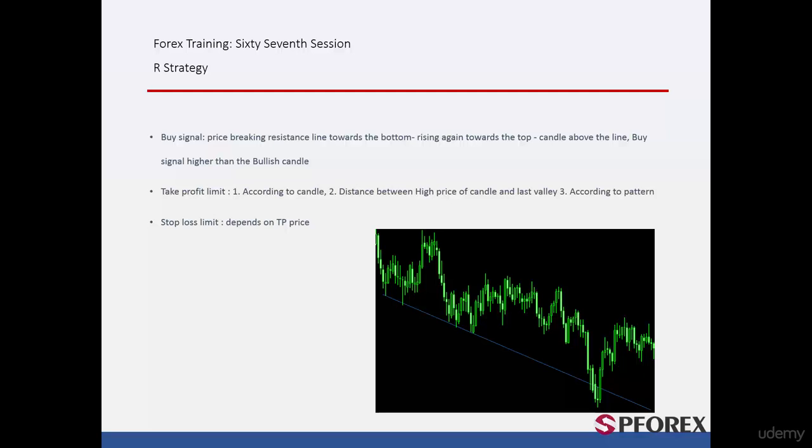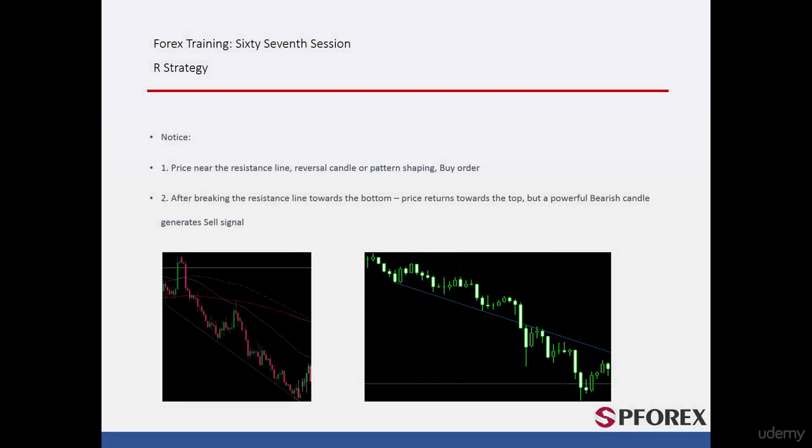However, there was no valid pattern on this region. SL price varied based on selected TP price. Significant notifications. 1. When price declines towards the resistance line without crossing anything, if a powerful bullish candle forms near